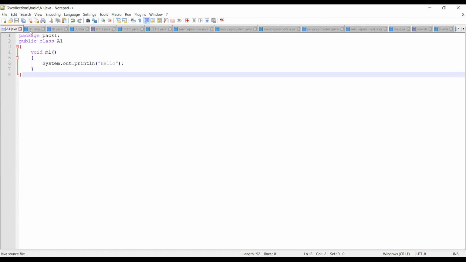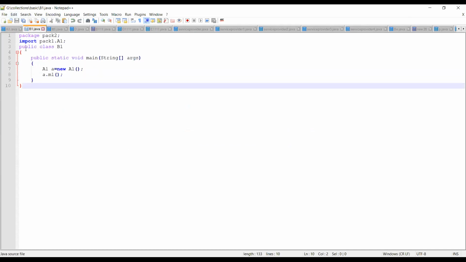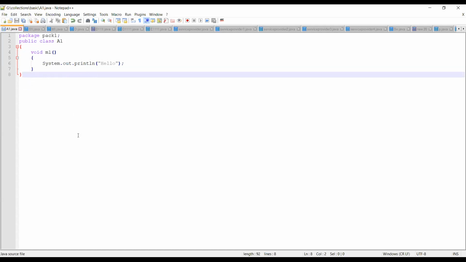Now I have B1. What I'm trying to do is access the method which is part of the A1 class. Everything will remain the same; here I have removed this. Let us save this, control S, and save the other one too. Stop here, go here, and execute your program.